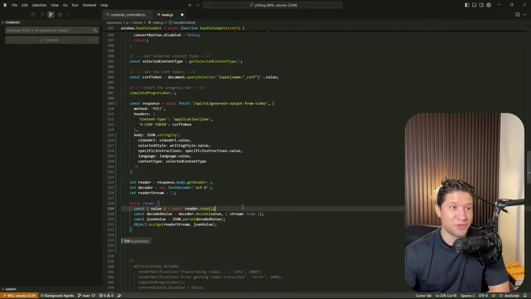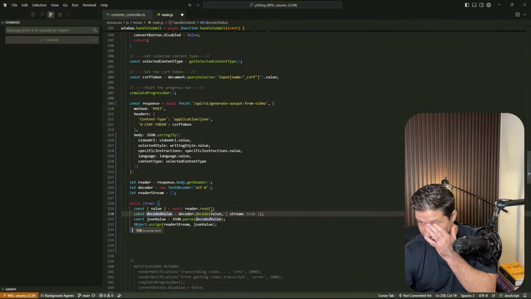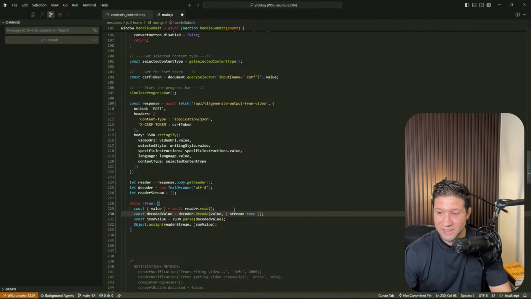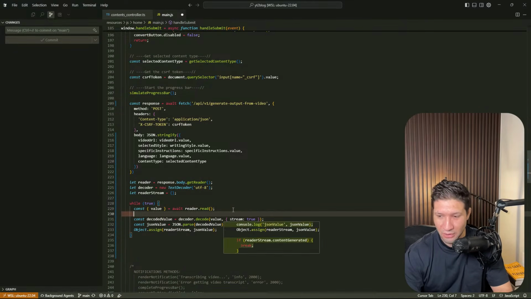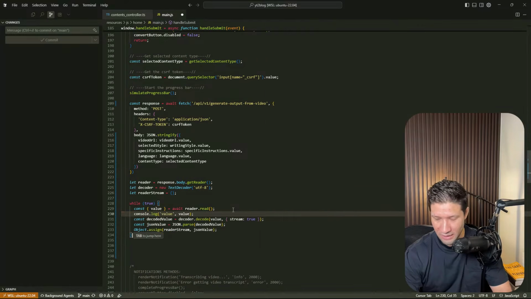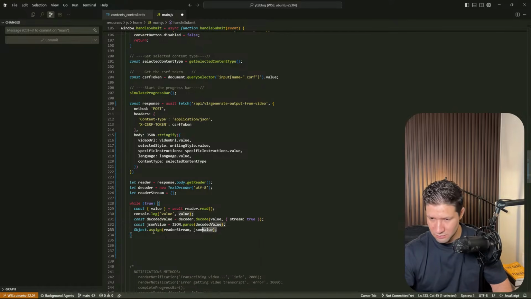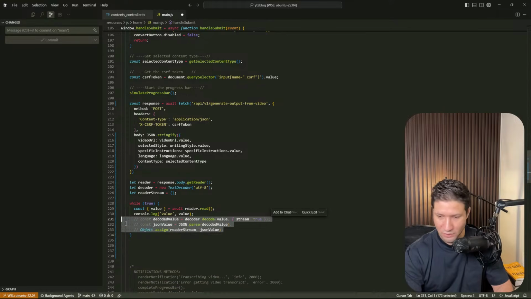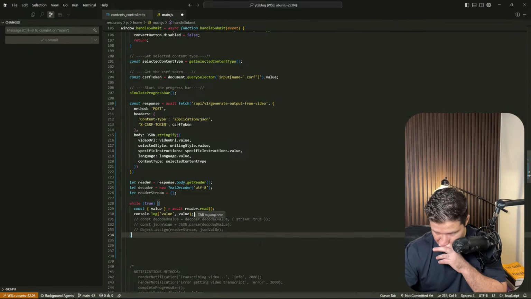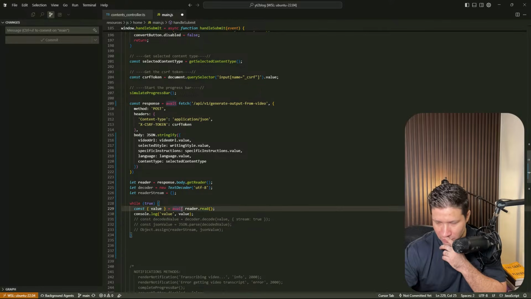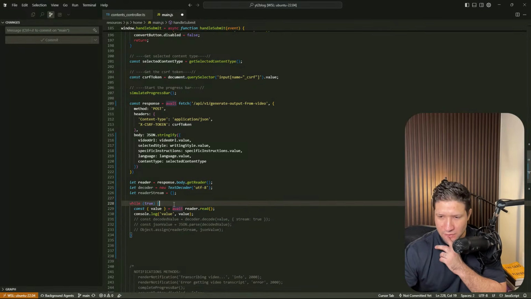So now we have the decoded value in here, and I'm not going to use this right now because I want to show you the value of the reader. So I'm going to console log value, and right now I'm going to just comment this out. And what are we going to do? Okay, so we're going to wait, and hopefully this is not going to